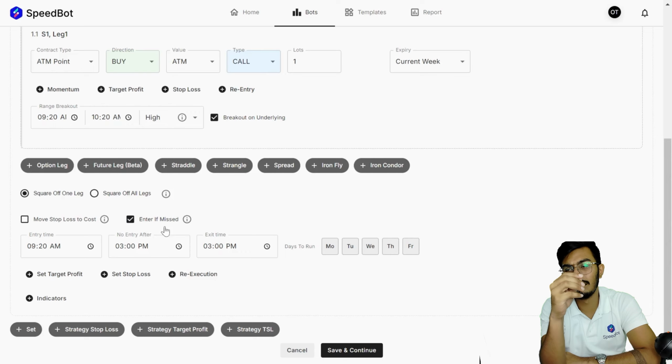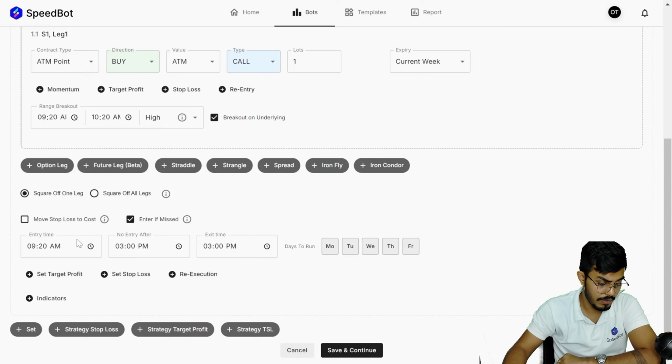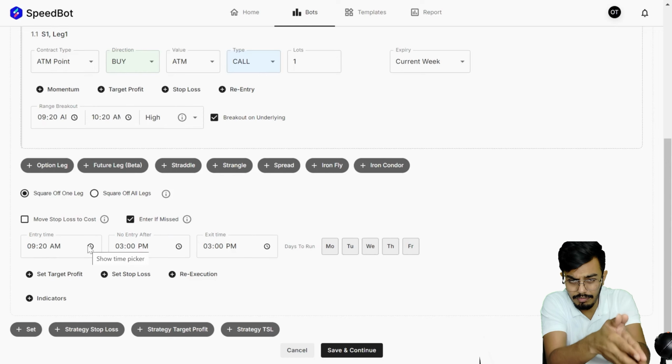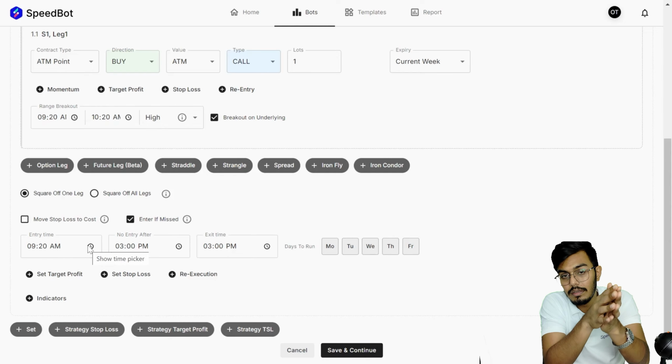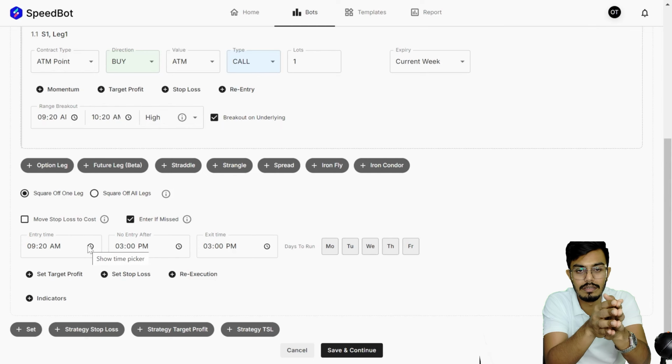This means that throughout the day, after 9:20 a.m., that is after the entry time, whenever you deploy the bot,